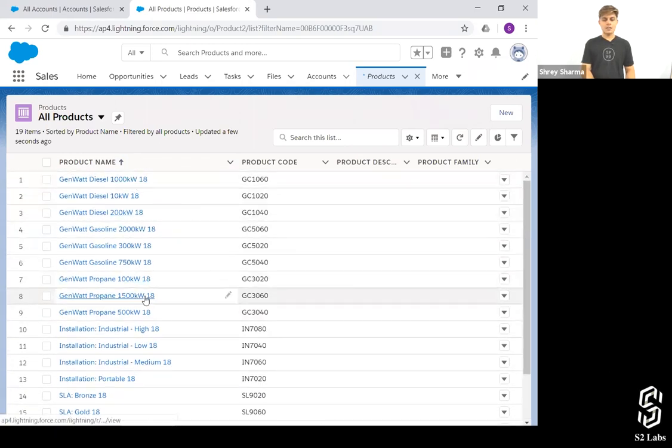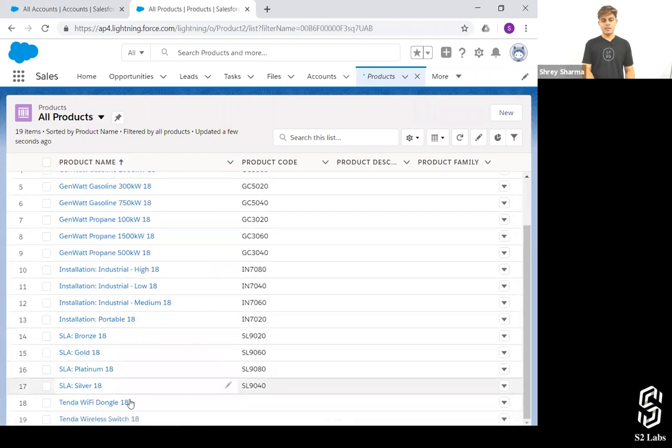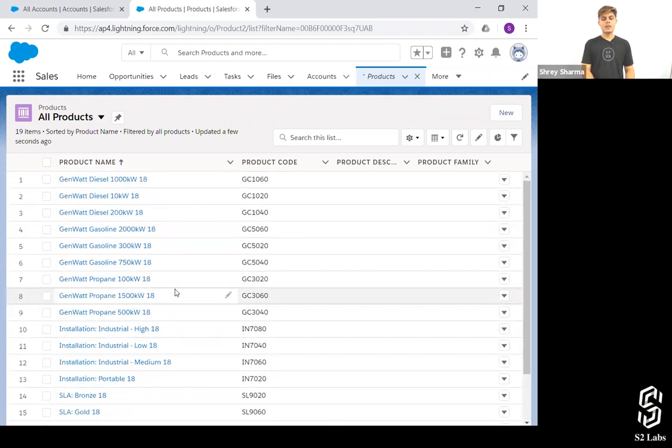So these are the products in which I've got 18 written already, right? So these products will be updated with 19 now, because if you want to store the information, like we used to sell this product in 18, in 19 as well, in 20 as well, whatever we want to do. But the main thing is we want to update all the records which are there in product object, and we want to add some new records as well inside it. So how am I going to do that?